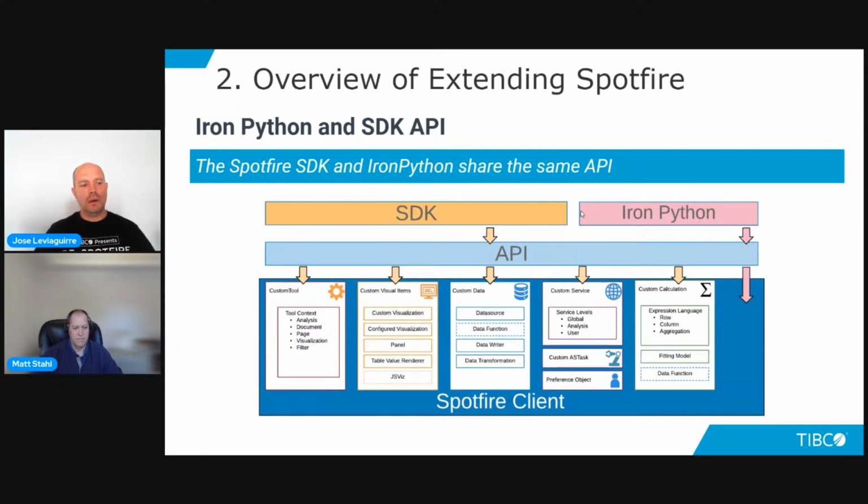So I was talking about the SDK and the API. What's the difference between extending with IronPython and the SDK? The SDK, all of them go through an API. But when you go through the SDK, then you can create these custom tools or visuals or custom data sources, things like that. You have a custom service, maybe a web service API, and calculations, data functions, and things like that you